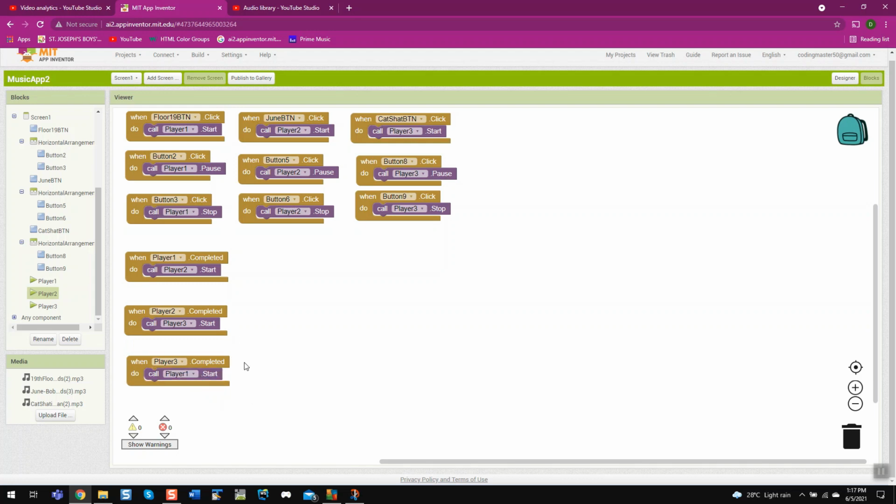You see the thing? For the last one, when player 3 is completed, we need to put player 1 again, or else which song will it play next? So we have done this much, and we have created this full app, and this much only we need to do for this app.